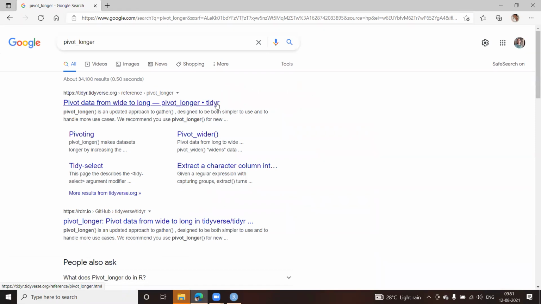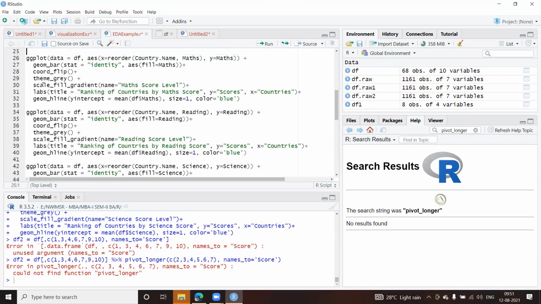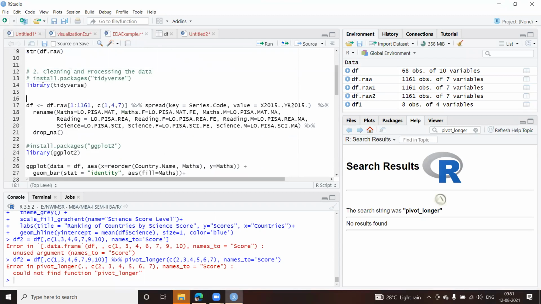Okay, so why it's not working? Okay, let me include that. Let us include that and library. Let's go up here. Because I have already imported this, I'll give you a library tidyr.